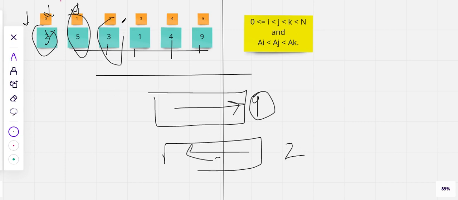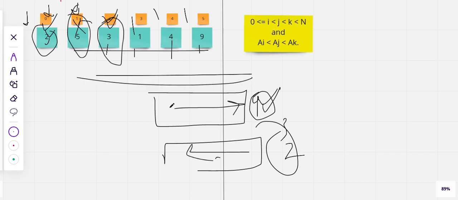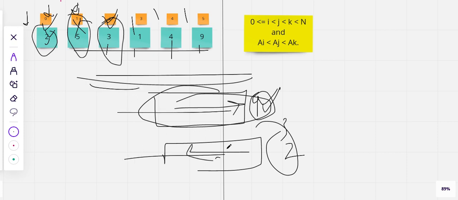Similarly, if it was 3, then for 3 we would have iterated all the way till here and found 9, and for the 3 here, since it's not valid, we would not have considered it and would have considered 2, and 2 is the maximum, so 2 would have been the answer. So 9 plus 3 plus 2 would have been the triplet if we had chosen 3 as the middle number. So what it does is that we are not using three nested for loops but rather two nested for loops. We check for left and we check for right independently, and so the cost comes down to n square, which is better.